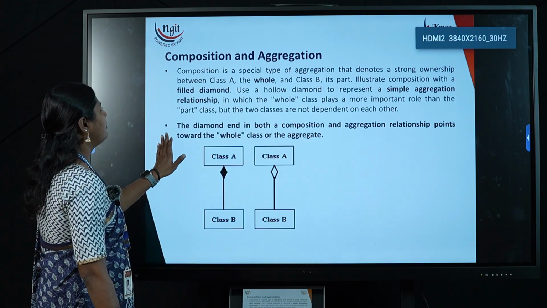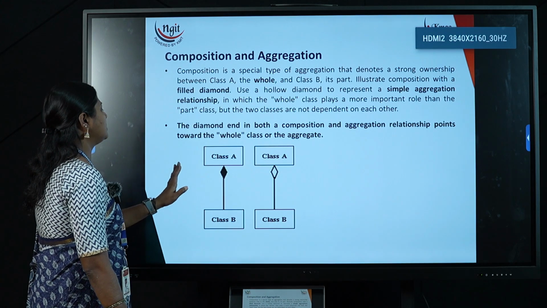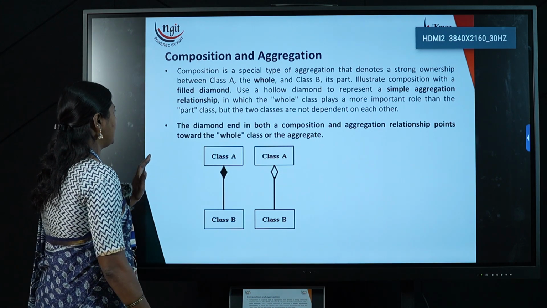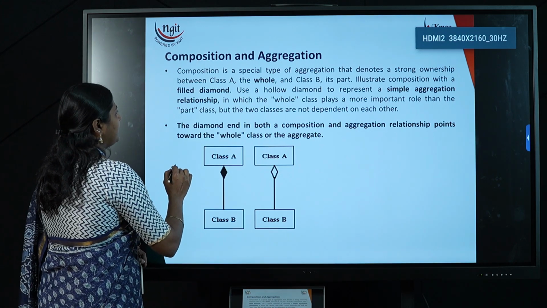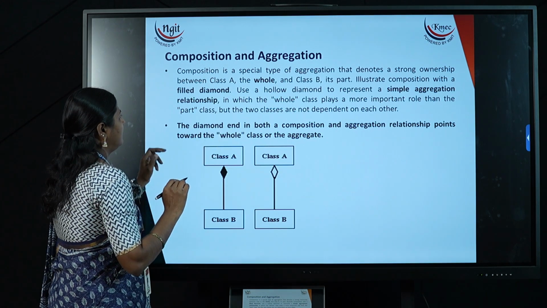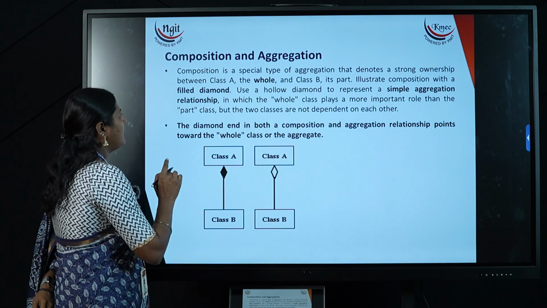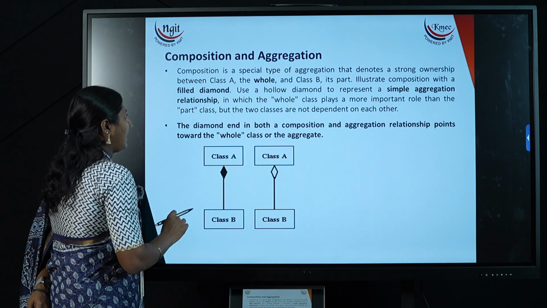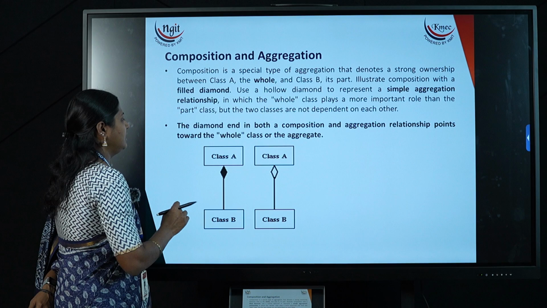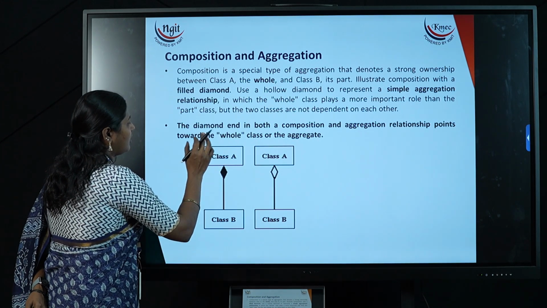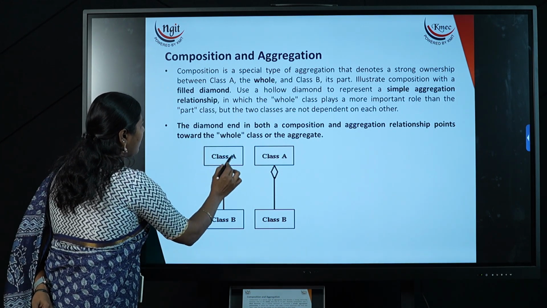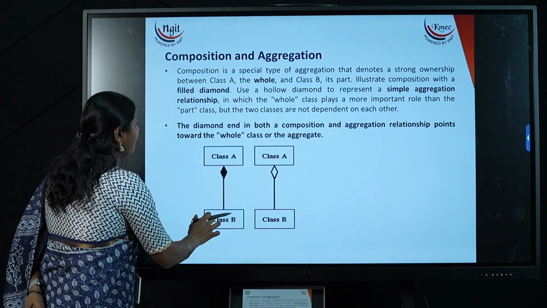Coming to the next one, composition and aggregation. So these two are the types of relations between the classes. Composition is a special type of aggregation that denotes a strong ownership between the class A as whole and class B as a part. So here, if you talk about the aggregation, A becomes the whole and B becomes a part of the whole,